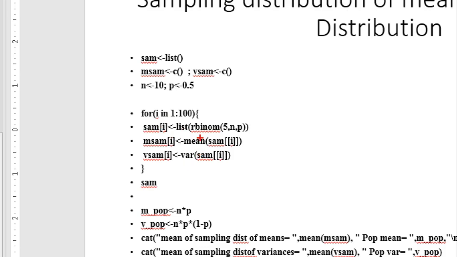Then we access the ith list element of SAM, find its mean, and assign it to the array element mSAM as the ith element. Again we find the variance of the ith sample and assign it to the array vSAM as the ith element. If you want to view the samples, we will type SAM.